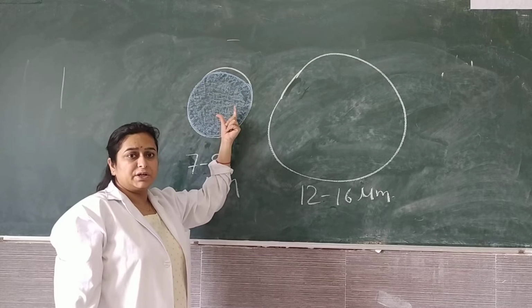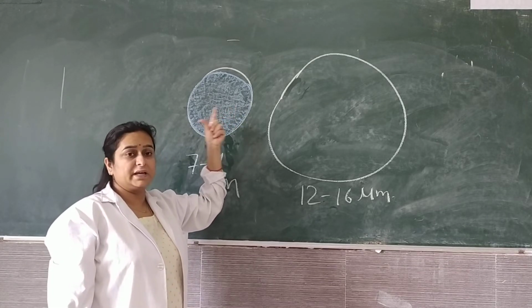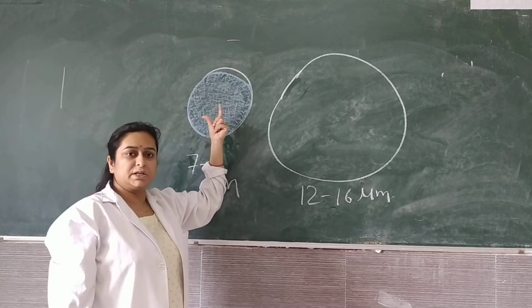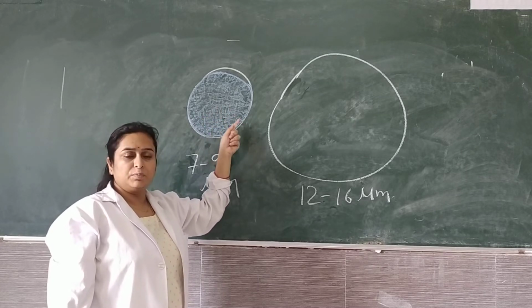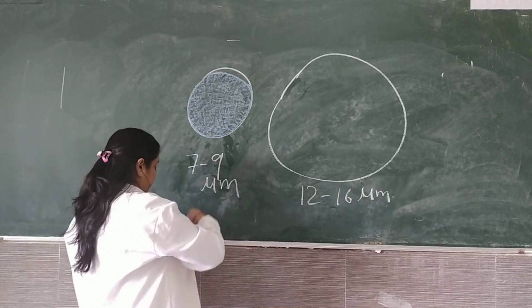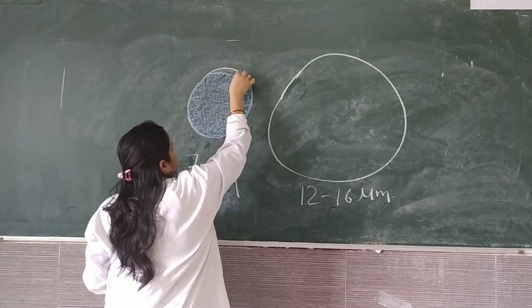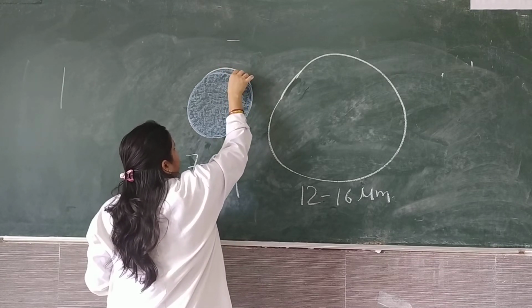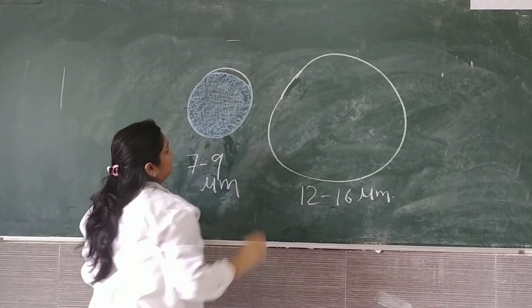The stain that the nucleus takes will be dark bluish in color, like an ink spot. We can say that the nucleus will be ink spot in color, a very dark blue stained nucleus. And we can see only a light pinkish rim of cytoplasm, a very light stained rim of cytoplasm.